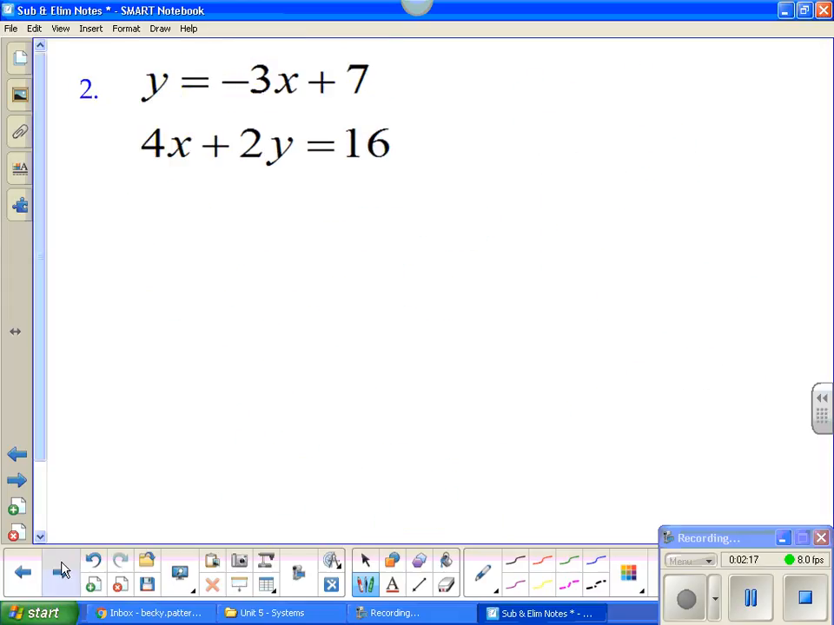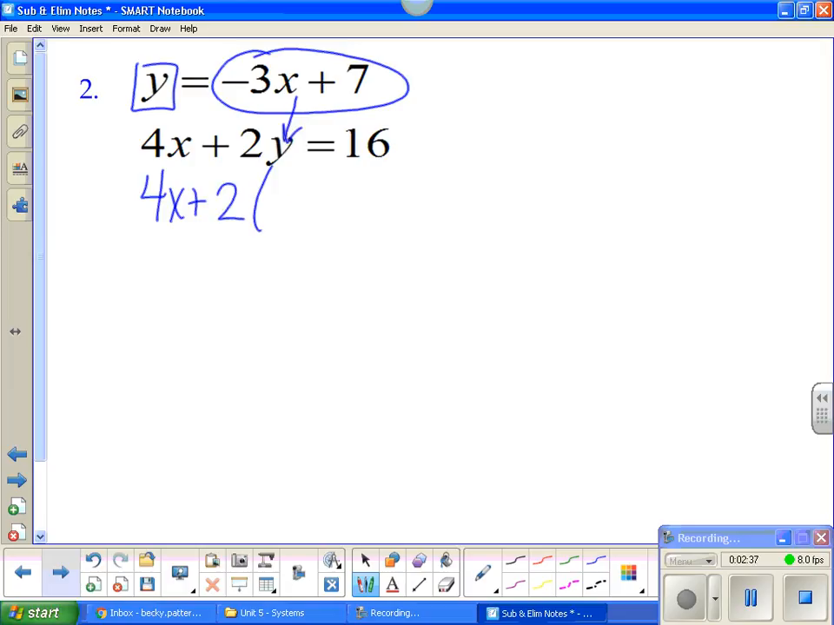Okay, number 2, again, this is a substitution problem because I have a variable by itself. This time it's a y. This is my substitute because they're equal to each other. So come down here and I'm going to substitute this in for the y. So I'm going to take the y out and put the negative 3x plus 7 in his place. So 4x plus 2, take the y out, substitute that in,